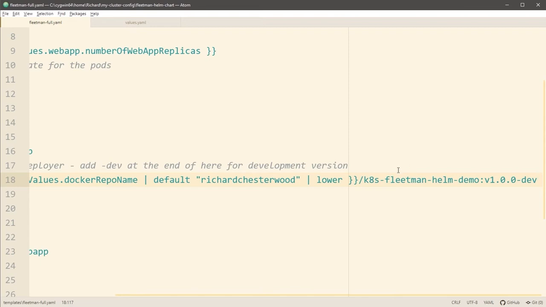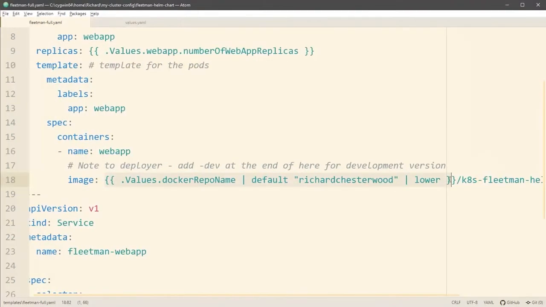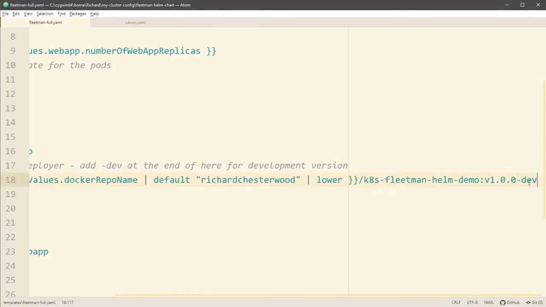The reason for that is the way that I've structured the tag here. You've got to remember all the way back to the early parts of this section of the course that the idea is if we are in development, then we're using a tag that ends in -dev. And if we're running in live, in production mode, then there won't be that -dev there. Now, there are two ways of doing this. We could probably achieve that requirement using some kind of a pipeline. I think that might get a bit ugly and difficult.